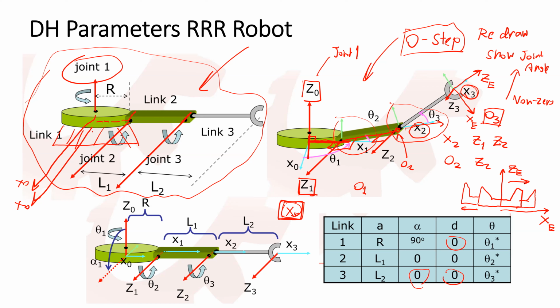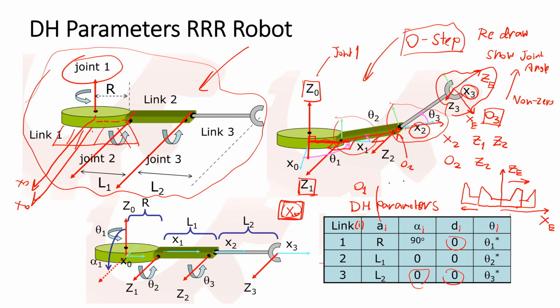Here is another possible way. It depends on what you're gonna select for the final frame. To obtain the DH parameters, after we attach the frames, we need the link length Ai, link twist, joint offset, and the joint angle. The link length Ai